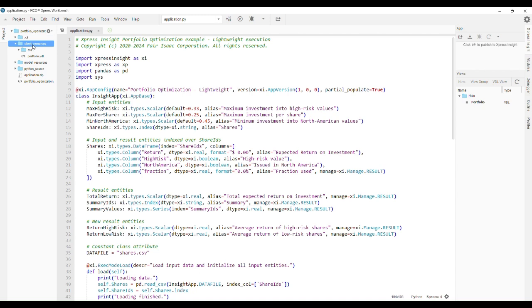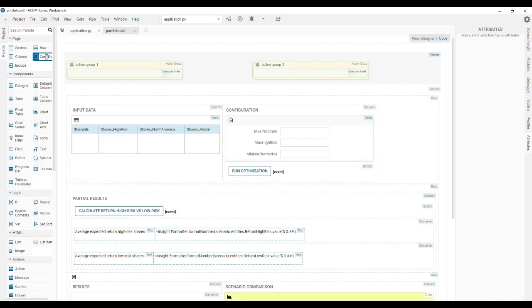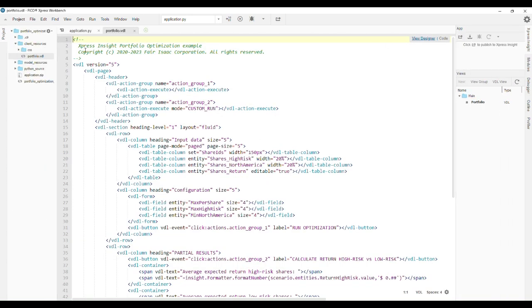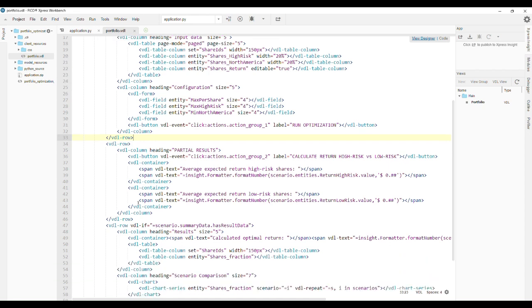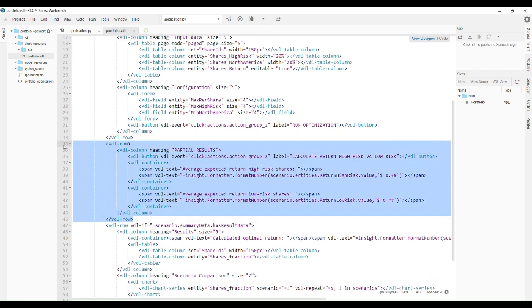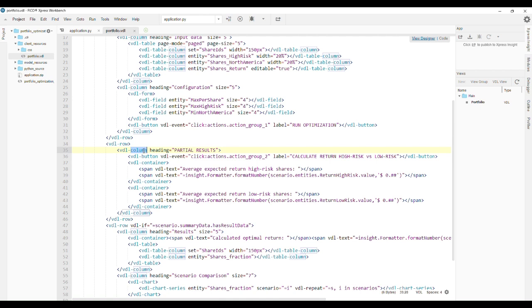In the view file named portfolio.vdl, located in the Client Resources folder of the apps directory, start by creating a second VDL action group inside the VDL header section to execute the new custom mode named Custom Run. Then, after the first row of the VDL section, add a new row and then a new column with the